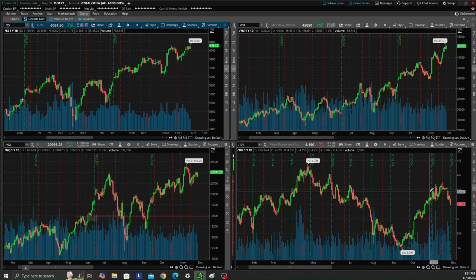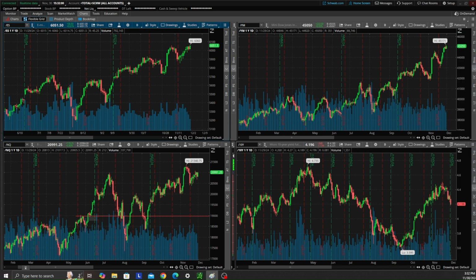The price is the actual price you pay for the bond, where par is like 100, right? So you pay $100 for a bond, or if it's at a discount, you pay $94 for a bond, or at a premium, $105, and so on. So that's the price you pay for the actual bond. The yield is the interest rate that bond is paying you. Again, two components, price and yield, and they move inversely to each other.